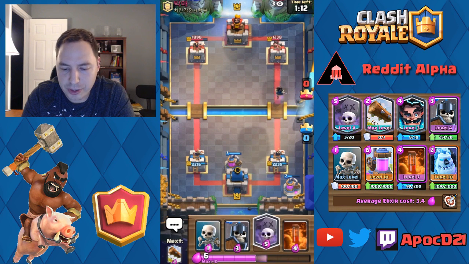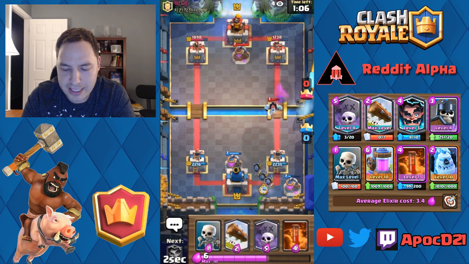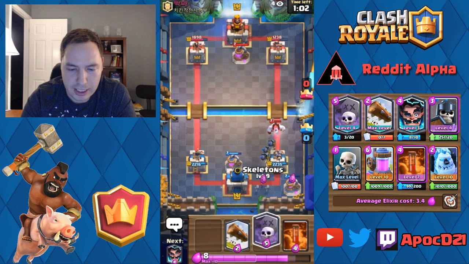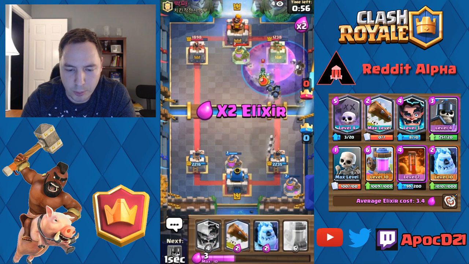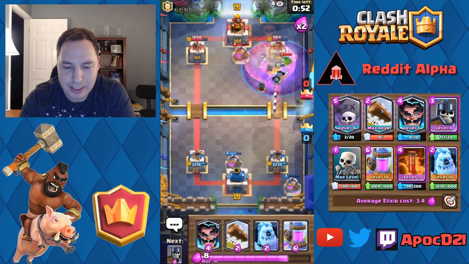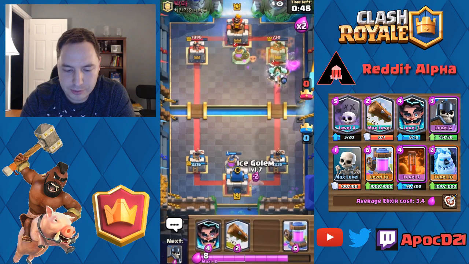See what he does to our ice wizard this time. Okay, this time he drops the Ice Golem. So we don't want to send our skeletons into that Ice Golem, so we'll drop our guards. And let's get this next graveyard. Okay, poison down. Graveyard down. His Night Witch is already dead. Bandit's on its way dead. So let's